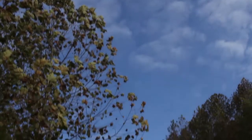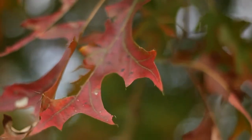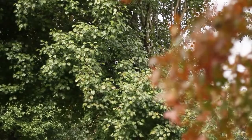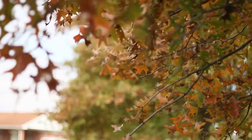Those plants that lose their leaves are called deciduous. In order to be able to absorb light, in order for them to do the process of photosynthesis, which is how plants are able to make food, they have an array of different pigments. The major one is chlorophyll, and that chlorophyll is what typically we see. That's what gives plants